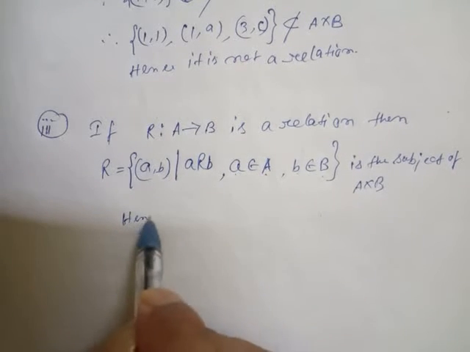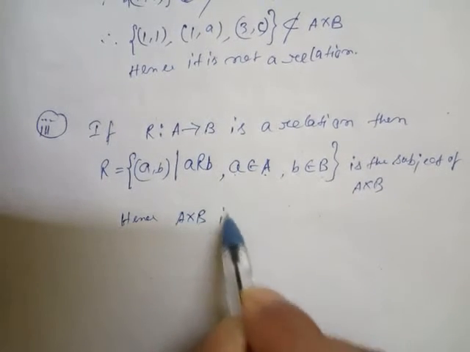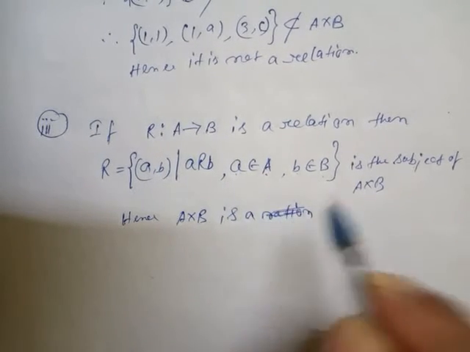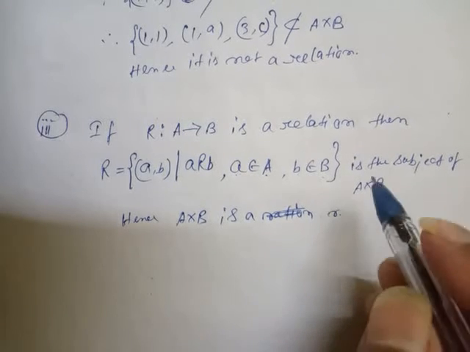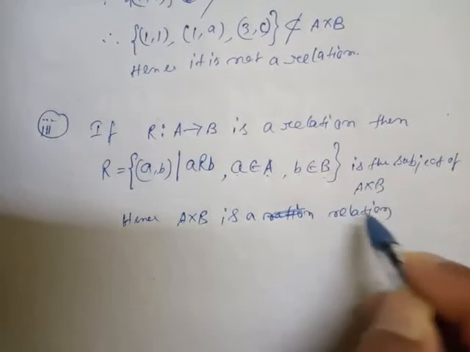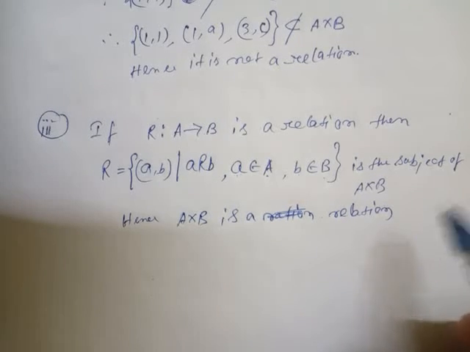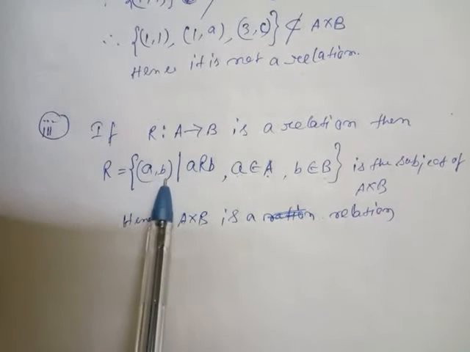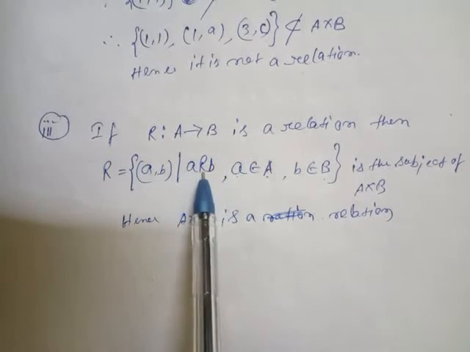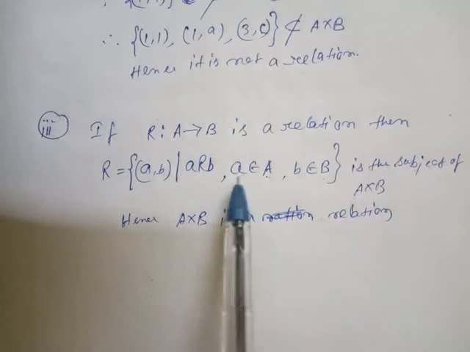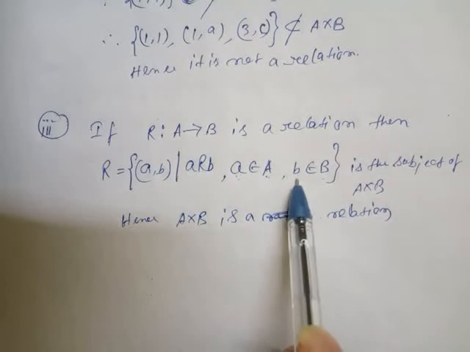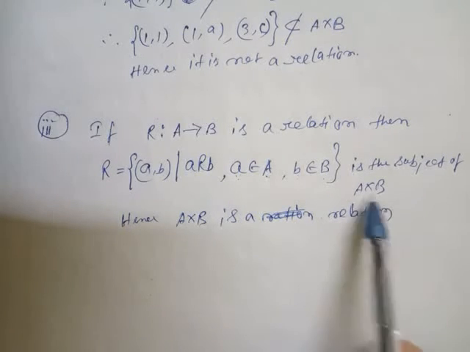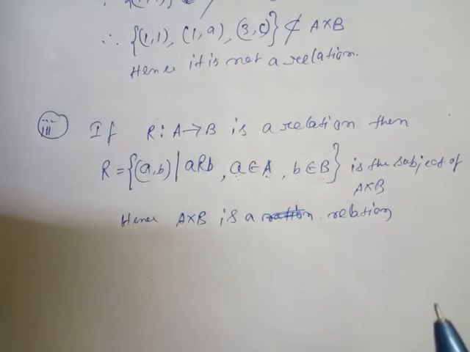So we can say that A product B is a relation. A and B are in a relation, which means (a, b), two elements taken here, a R b, which means a belongs to A, which means 1, 2, 3, 4, and b means any element like a, b, c, d, belongs to B. Since both these are in A product B, obviously A product B is a relation.